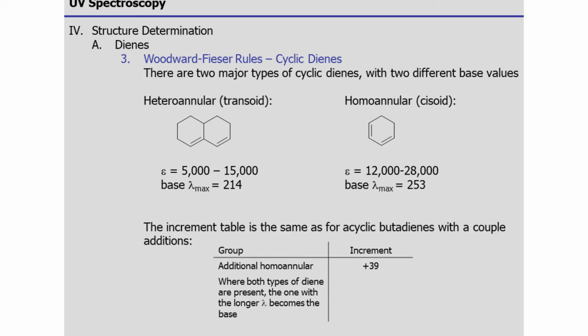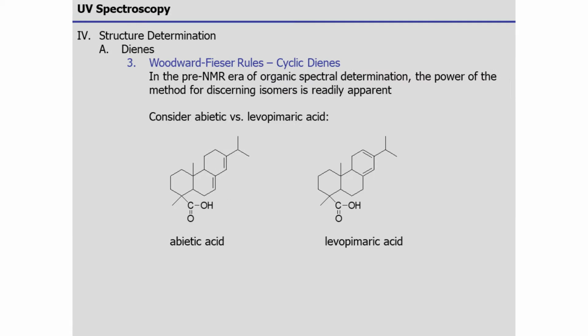Cyclic dienes have two major types: heteroannular, transoid, and homoannular, cisoid, each with different base values. The increment table for cyclic dienes is similar to that for acyclic butadienes. In the pre-NMR era, the Woodward-Fieser rules were crucial for discerning isomers, such as abietic acid and levopimaric acid, based